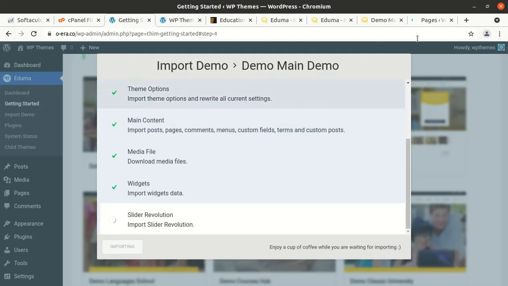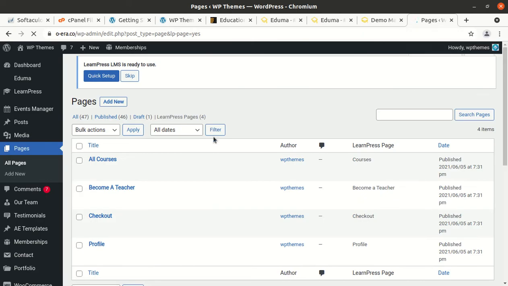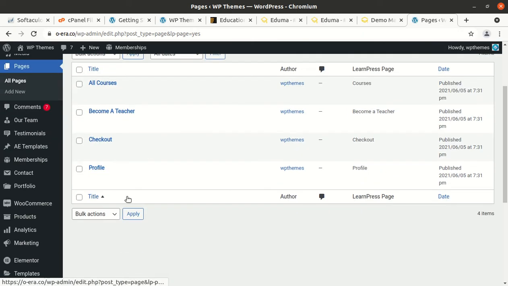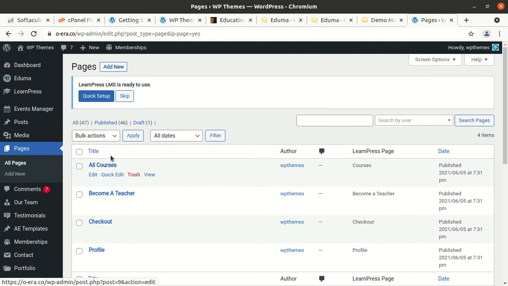Since one process of import is going on, this is why it is a bit slow, and Aduma is not so fast as I told you. These are the LearnPress default pages, and we can go back to all pages.